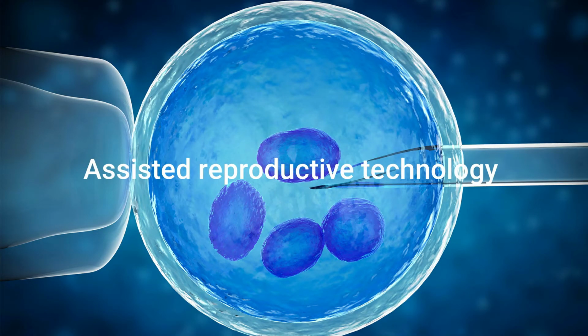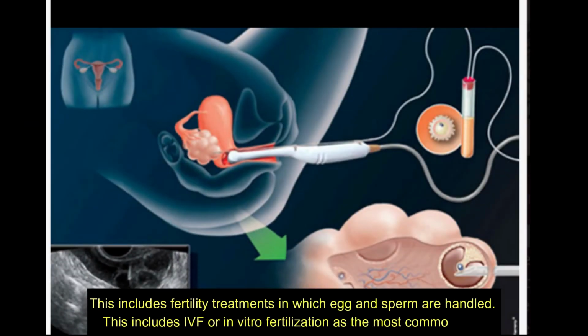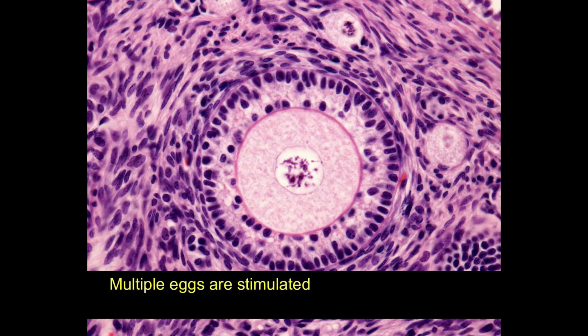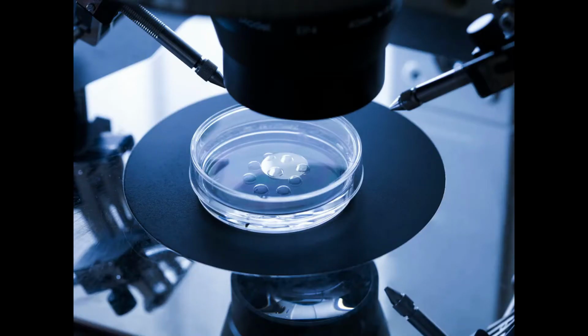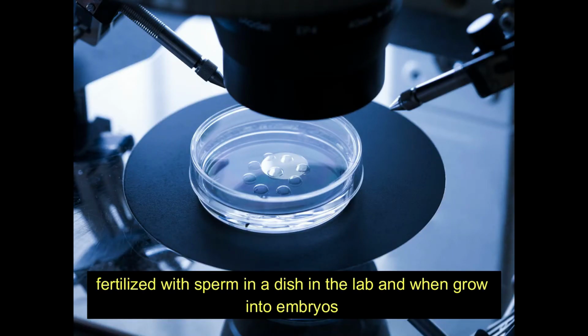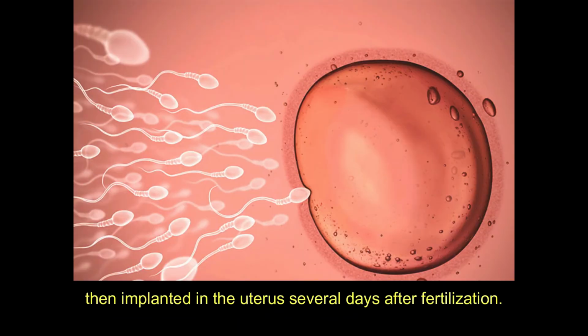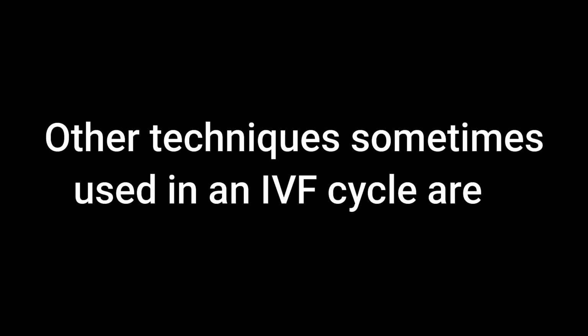Number 3. Assisted reproductive technology. This includes fertility treatments in which egg and sperm are handled. This includes IVF or in vitro fertilization as the most common ART. Multiple eggs are stimulated first and when ripened then retrieved from the ovary, fertilized with sperm in a dish in the lab, and when grown into embryos, then implanted in the uterus several days after fertilization. Other techniques sometimes used in an IVF cycle are